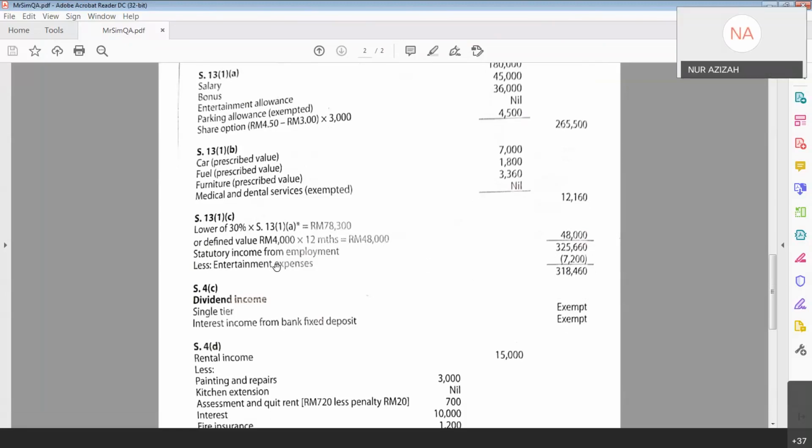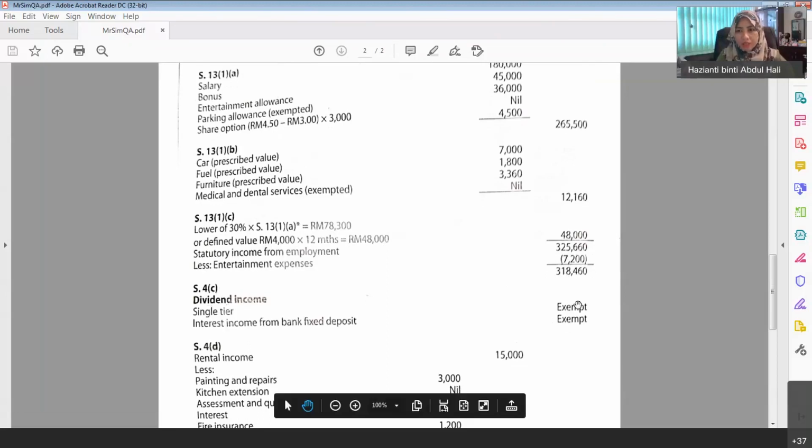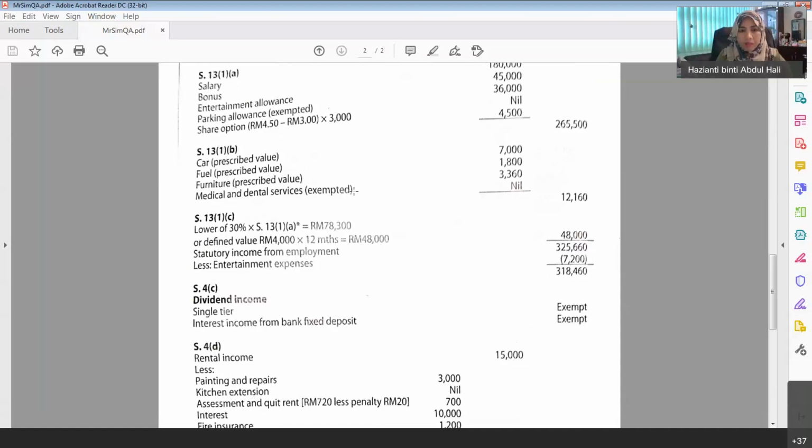Okay, alright. So next one would be section 4C, dividend and also interest. So dividend and interest are exempted, but you must write down the dividend and also the interest sebab ada markah dekat sini. I will still count the point walaupun tak ada value di sini. Sama dengan medical and dental expense, dental services ni. You just write it down apa benefit yang dia dapat. If it is taxable, then you write down the figure. If it is not, you just letak dash pun tak apa.